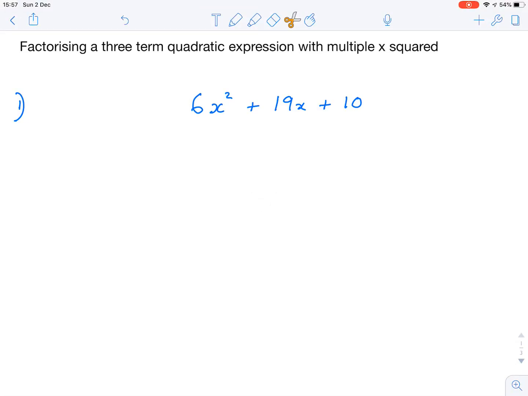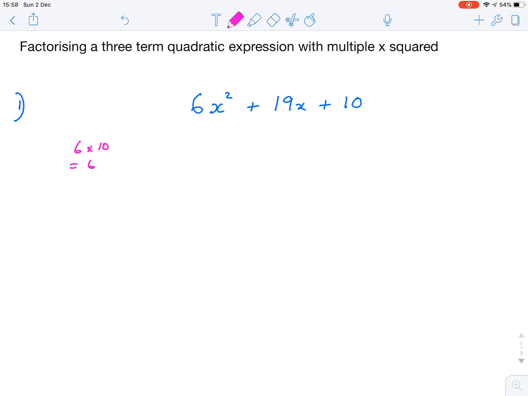Two examples of factorising a three-term quadratic expression with multiple x squareds. First, check that there isn't a common factor running through the expression. 6, 19 and 10 don't have a common factor. From there, we multiply the 6 by the 10, so we multiply the number of x squareds by the constant on the end. 6 times 10